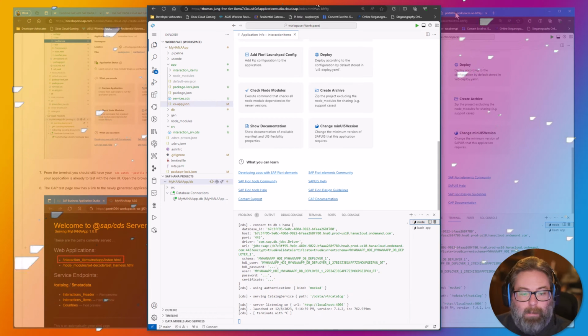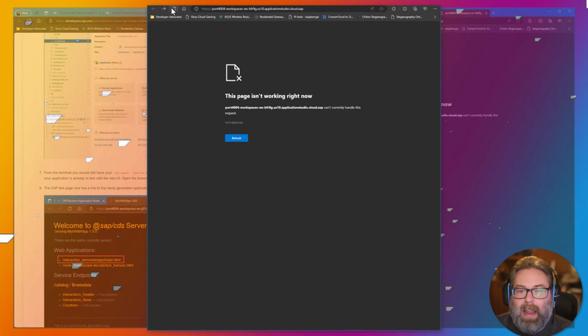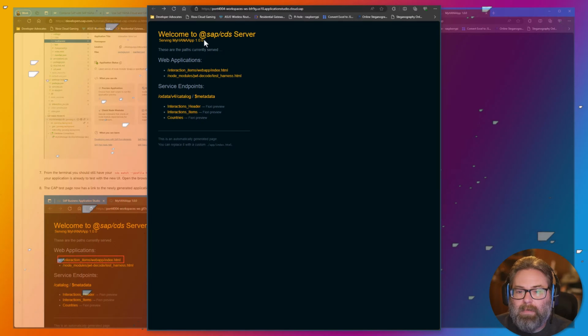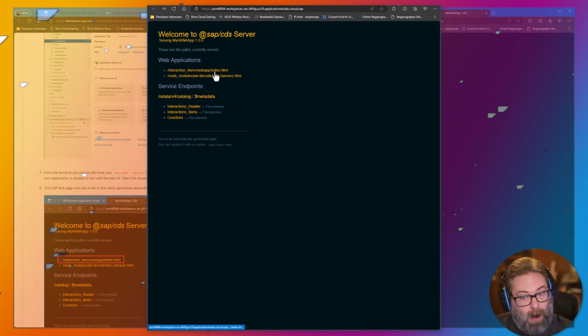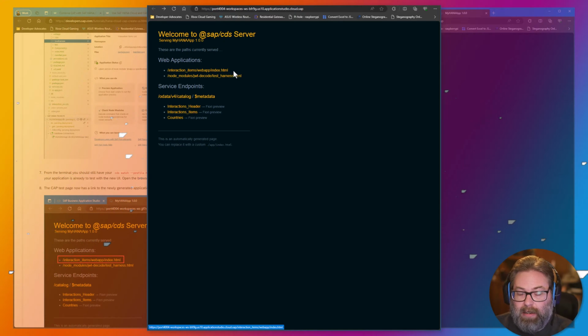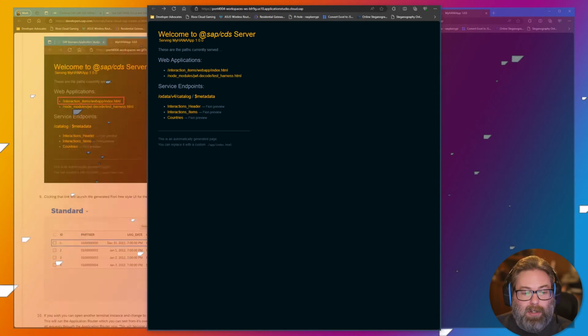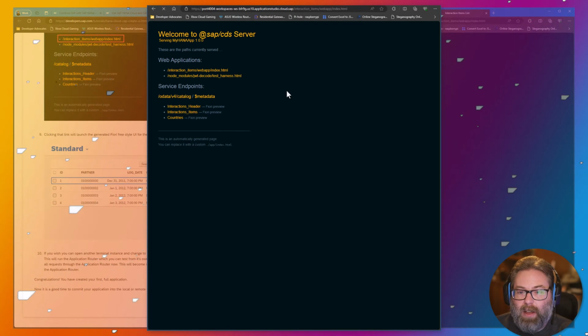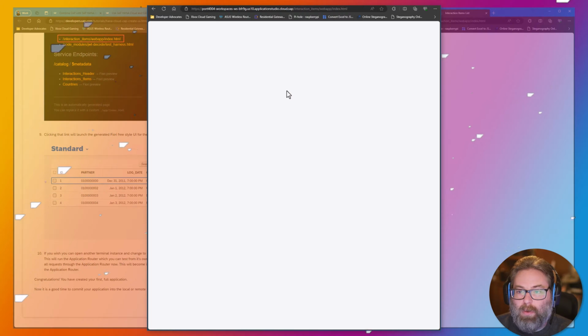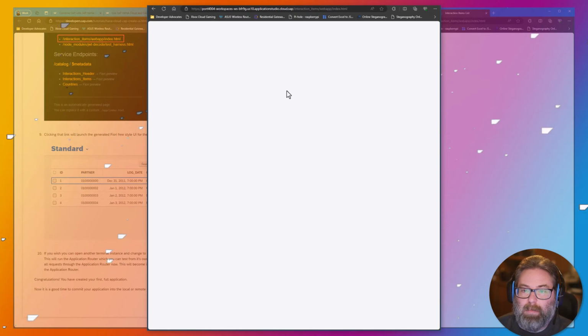So if I come back over here to the initial page, refresh it, there we are. We now see that under web applications, we've got our Fiori application listed here, the index HTML that was generated by the wizard. So our application is ready to go ahead and test. If I just click on this, it's going to load the Fiori application that was generated by the wizard.